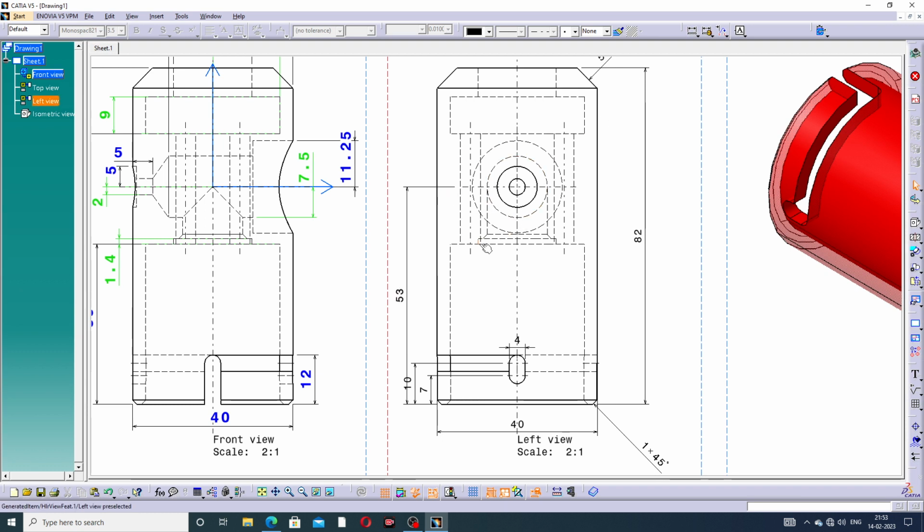Okay, some important points. Use a circular dimension here, this is 7.5, and also